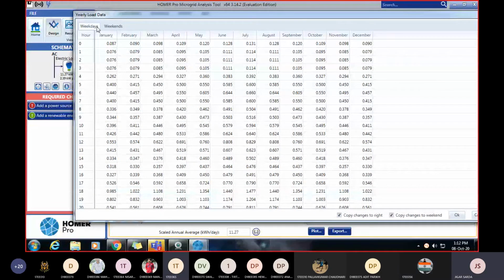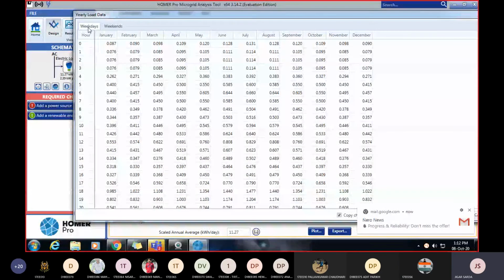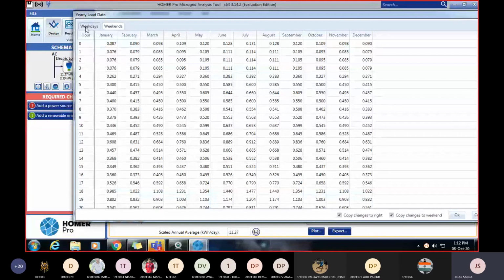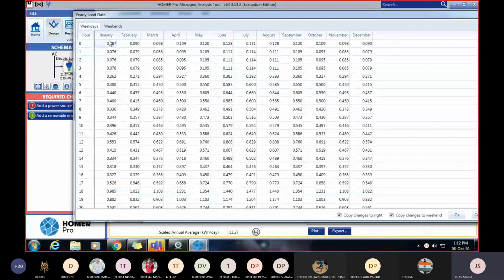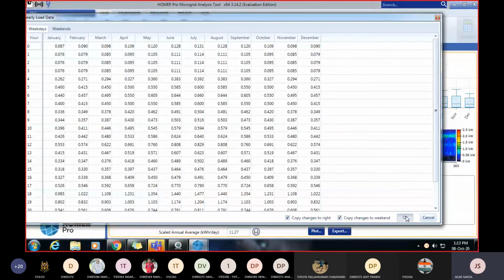Yes, sir. Okay. Two types of data are there, weekdays and weekends. Normally on weekends the industry load may be very less compared to weekdays. This is for our total 24 hours, starting from 0 to 23, and this is 12-month data. Suppose you have this type of real-time data, then you will do a very good, accurate analysis. Similarly for weekends. So we will take this data normally here.